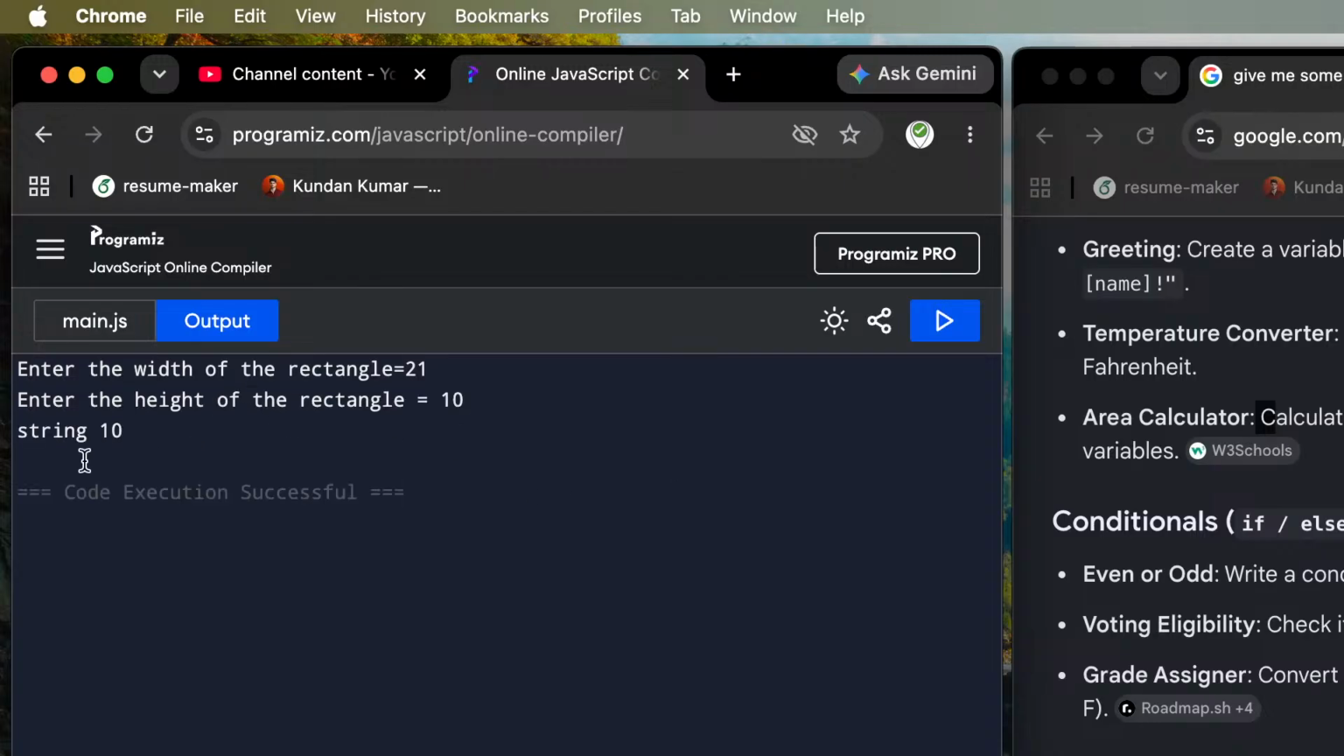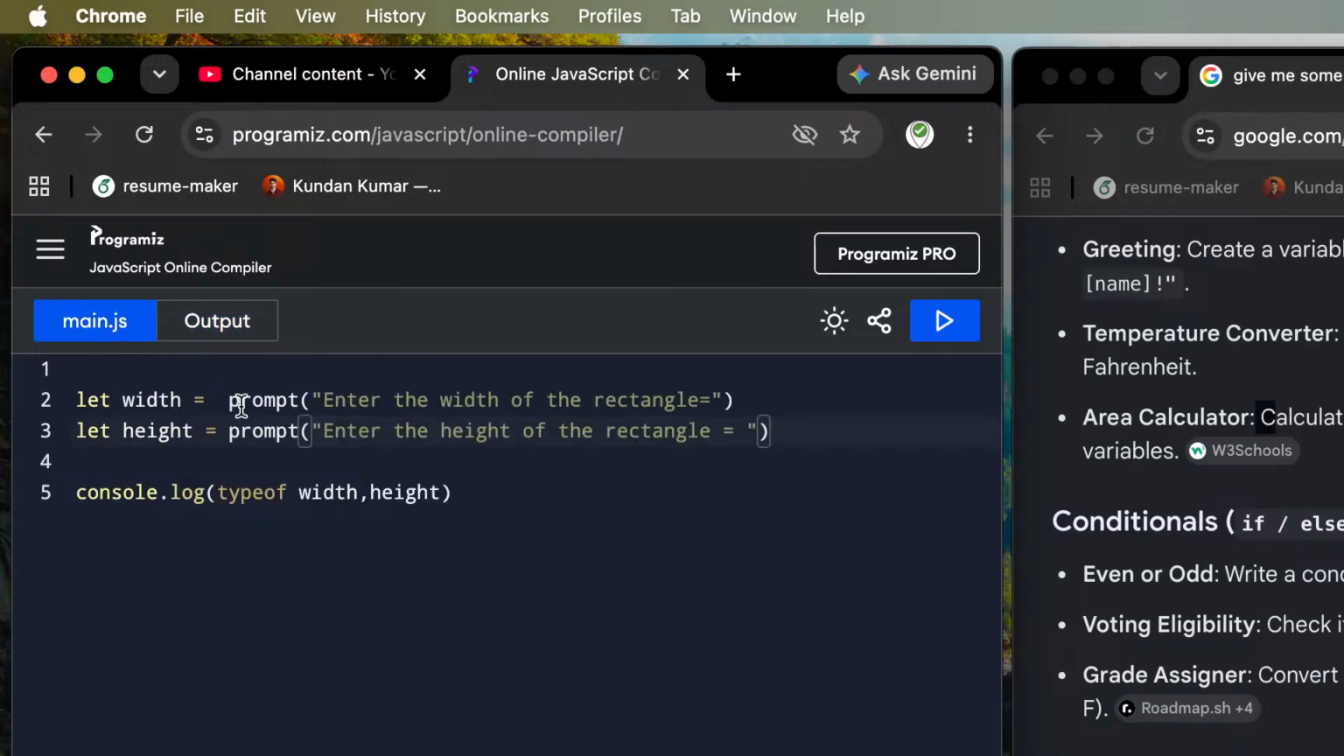Whenever you take an input from the prompt, alert, or anything else as an input from the user, it will be stored as a string, not as numbers. So we are using Number here. After getting the numbers,